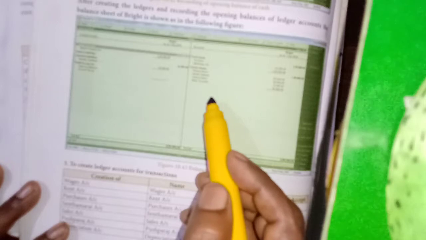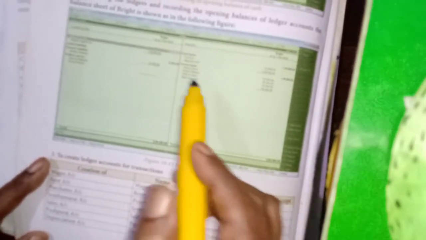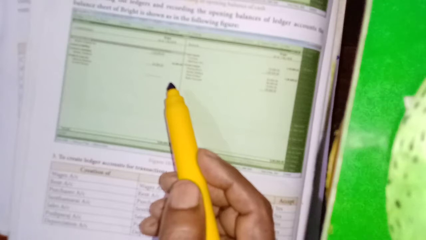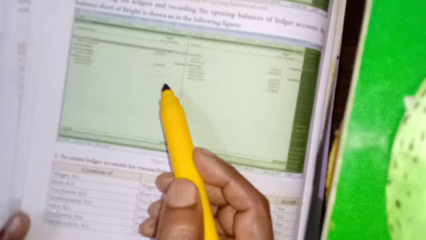Then that closing stock. Closing stock we ourselves have to adjust. Automatically it will not adjust. If we have given that adjustment, automatically it will do, because practically they will do that. If we give the number of units they have taken from the stock and the closing stock, it will automatically show how many units are available.